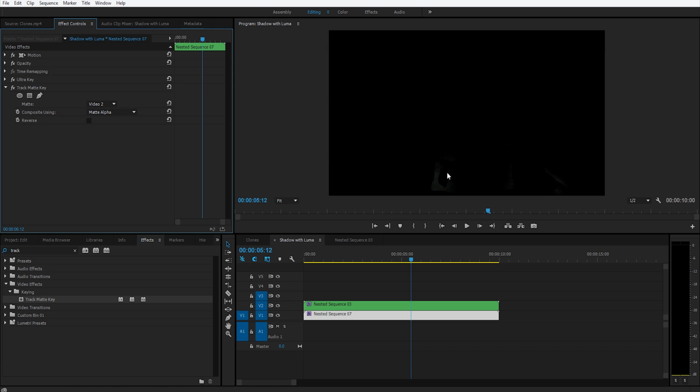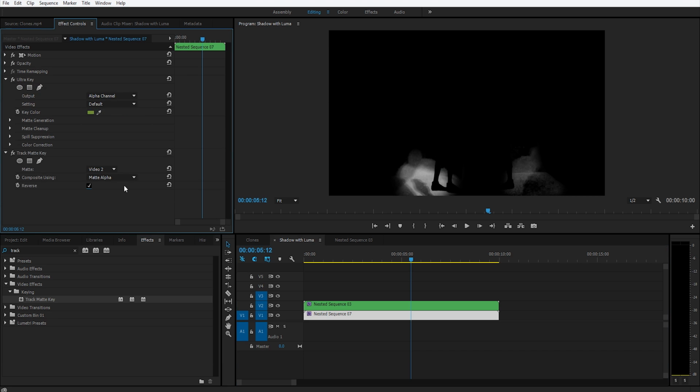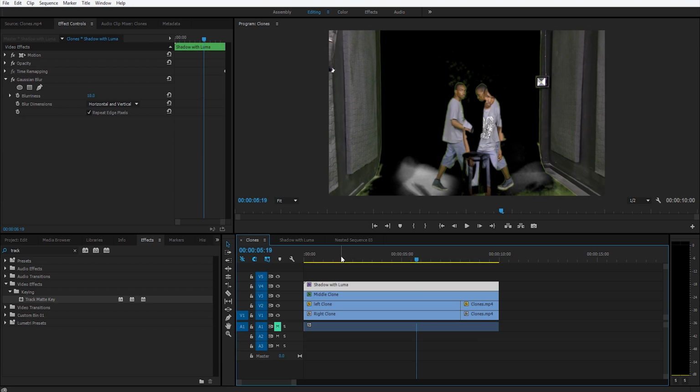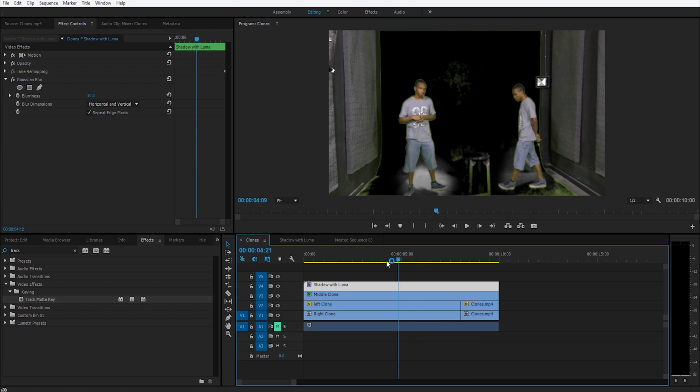Now you can see the outline of the legs. Let me try to make this more visible. You can see the outline of the legs. So I'm going to reverse this so it can be inverted. And now we just got the shadows with the legs cut out. So now when you go back to the main sequence,